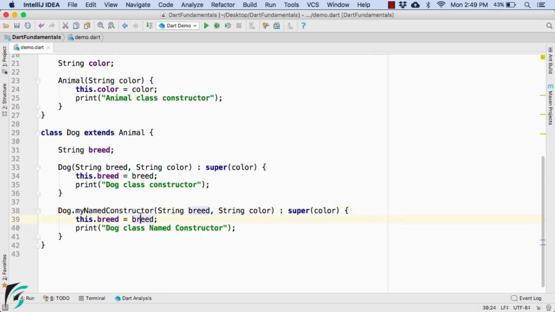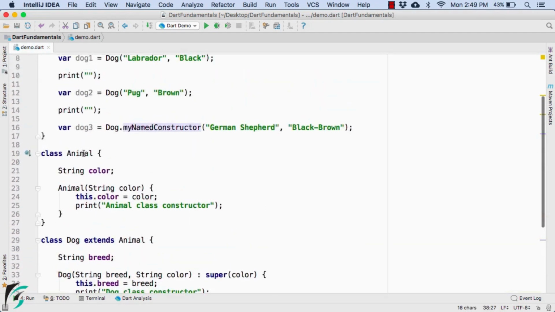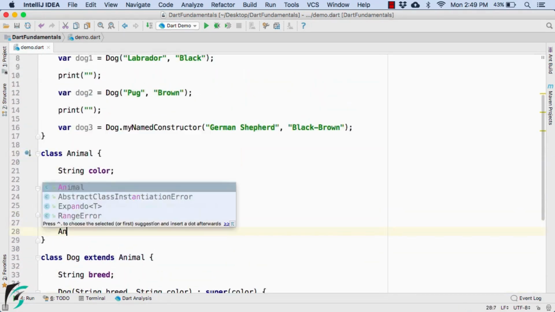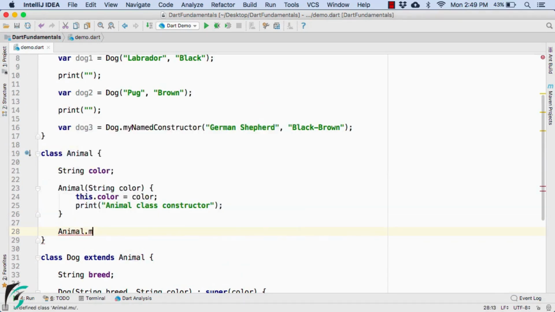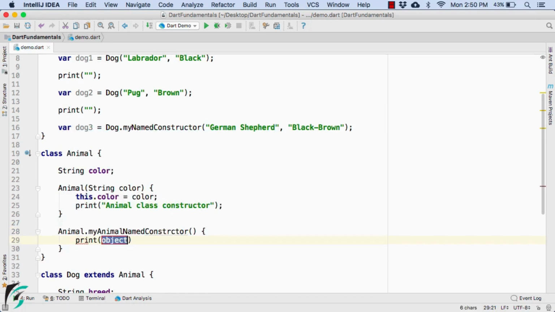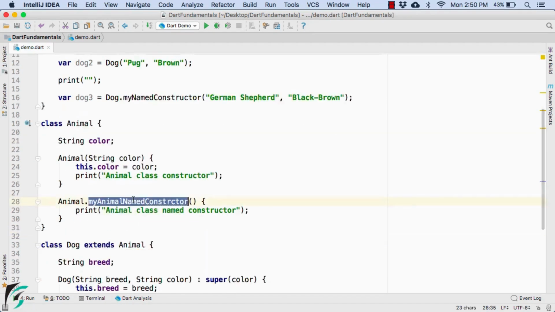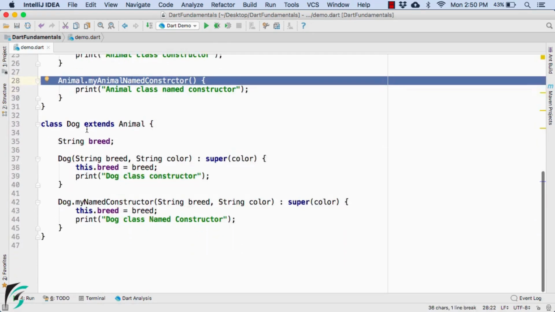Proceeding, how about defining the named constructor within our parent class of animal? Let's try that out as well, such that Animal.myAnimalNamedConstructor, like this. And here let us print out something. So how can we call this constructor from our child class of dog?